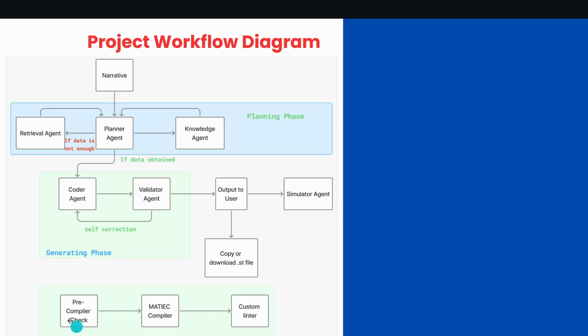Let us go deep into the validator agent. This is how the validator agent works. First a pre-compiler check is done, and then the MATIEC compiler compiles the code and checks for syntax errors. After that, we go into the custom linter to check if the generated code is under the standard of IEC 611